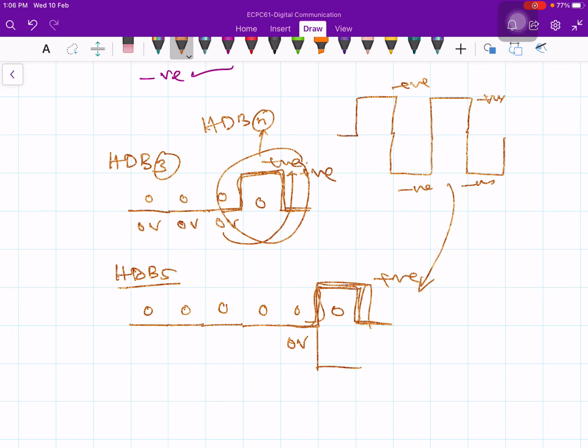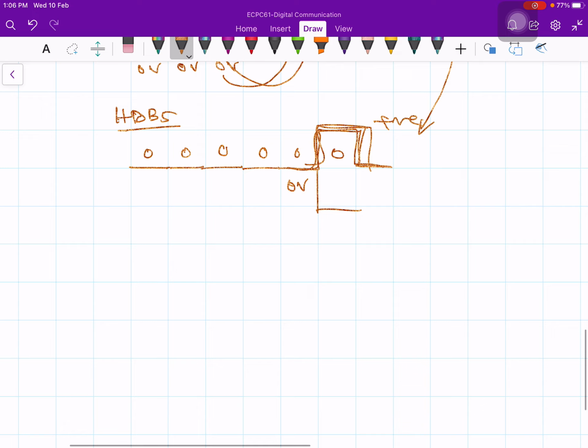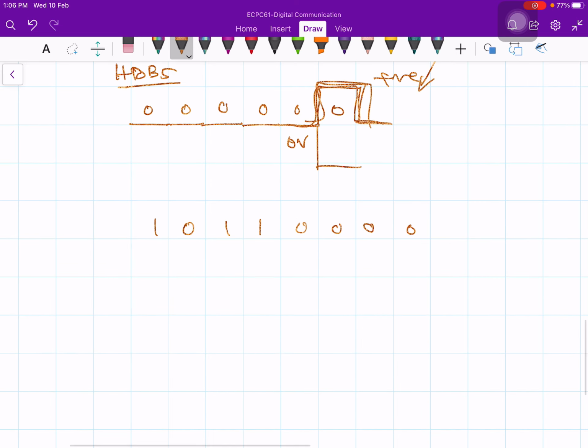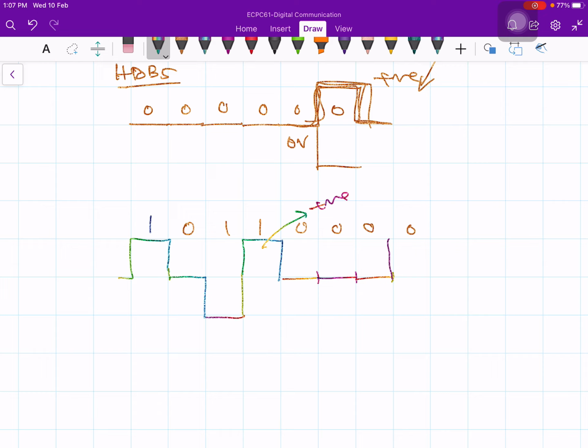So when you get two consecutive marks which are of the same sign, the next one is to be treated as 0. Let's say 1, 0, 1, 1, 0, 0, 4 zeros like this. Let me take the same example so that it will be easy to explain. Positive pulse for 0, 0 voltage. Then for this one, go to the negative pulse, and then again positive pulse. Then 3 zeros you allow as it is. Now since this is positive, and here also you put positive.